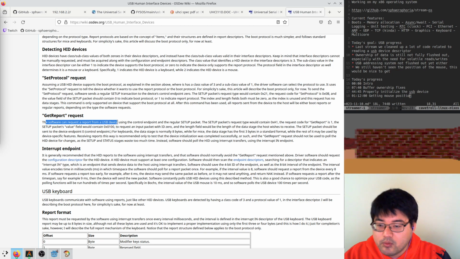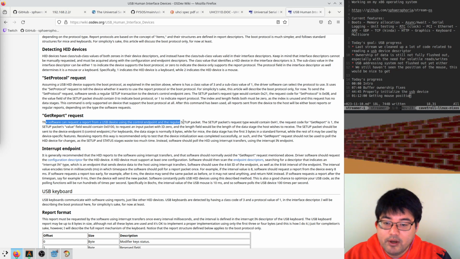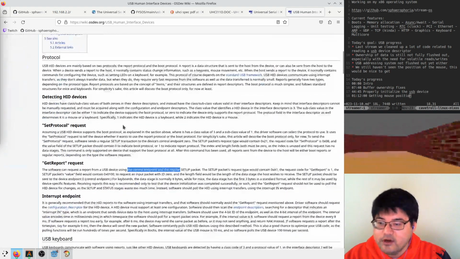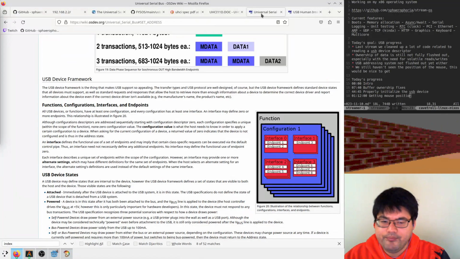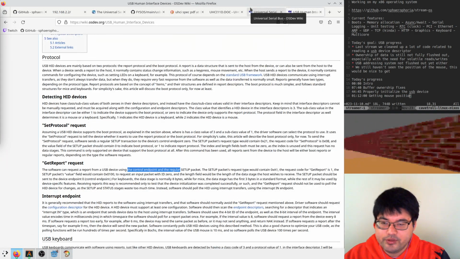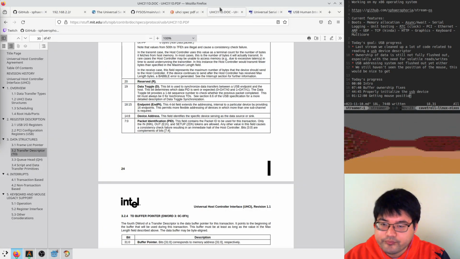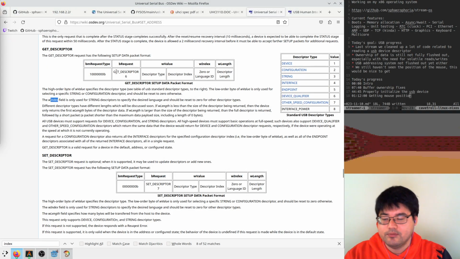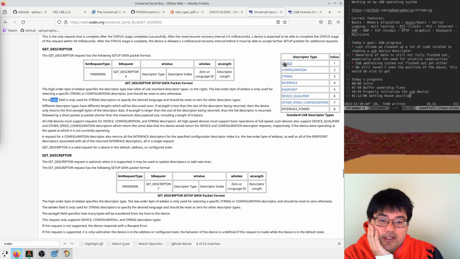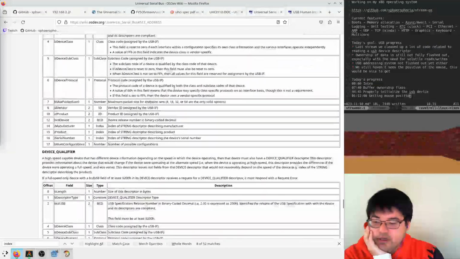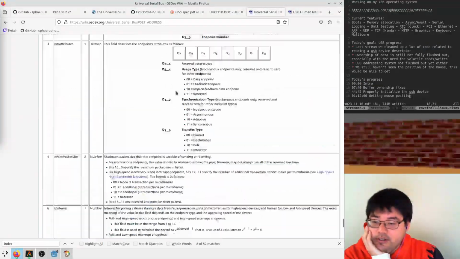So he's saying the software can request a report from the USB device using the control endpoint and the regular setup packet. So I guess we need to figure out what endpoints it has, which I think might come from the device descriptor. Let's see. So get descriptor, and we can ask for interfaces and configurations. I see. And so the get descriptor response